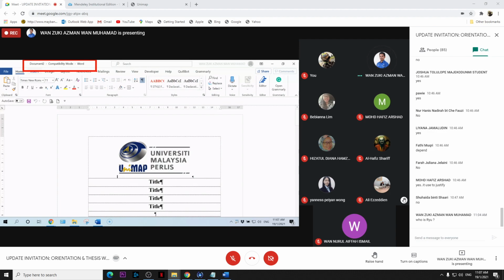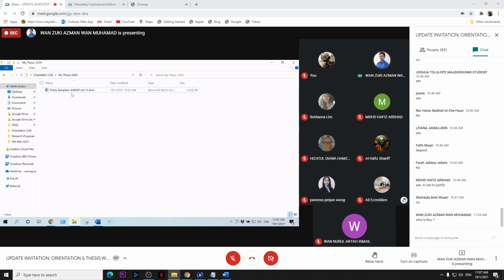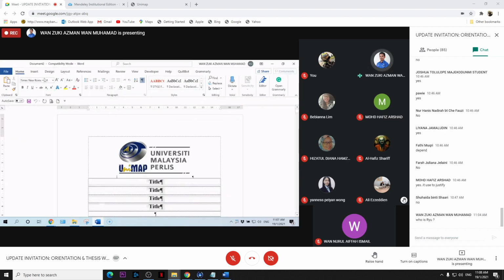If I open the file, the file name here should be the same as the template's file name: Thesis Template Unimed. But now the file name here is Document2, so it means we did not open the file.